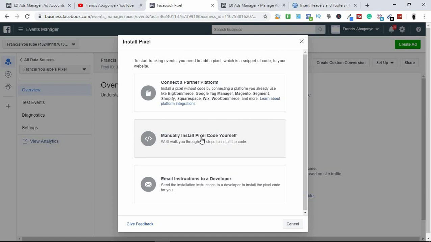But if you're scared of coding and all that, you don't want to mess up your website, you don't want to break anything on your site, maybe you can follow the other route by emailing this to your developer or using this particular one here. But after watching me do this myself, maybe it is something you can do also. Trust me, it is something you can do if you just follow the exact process I'm going to be following right here. So I'm just going to click on